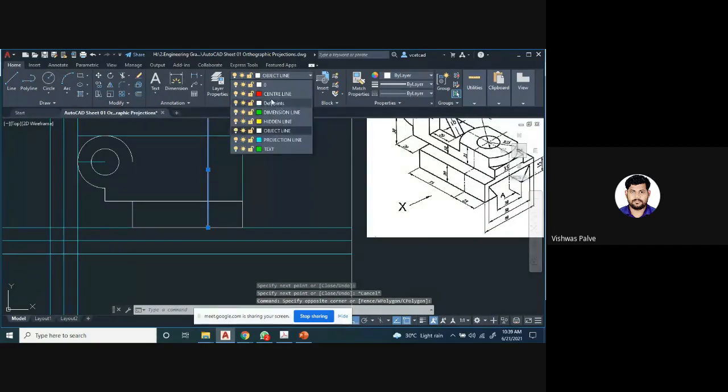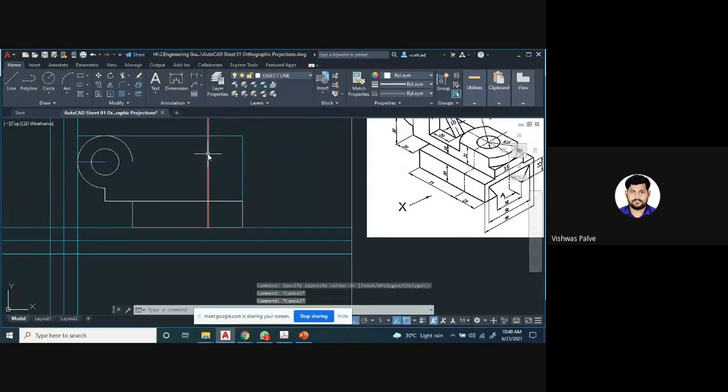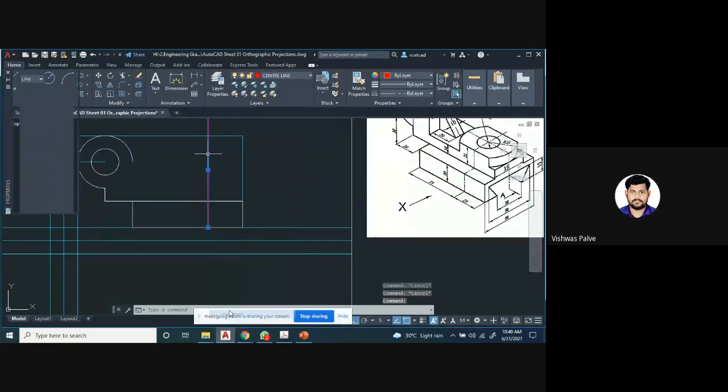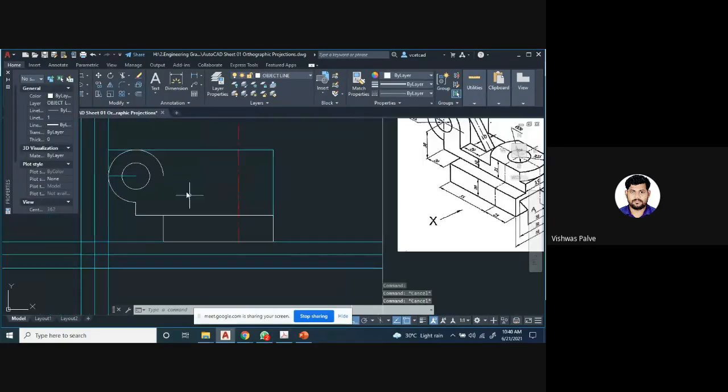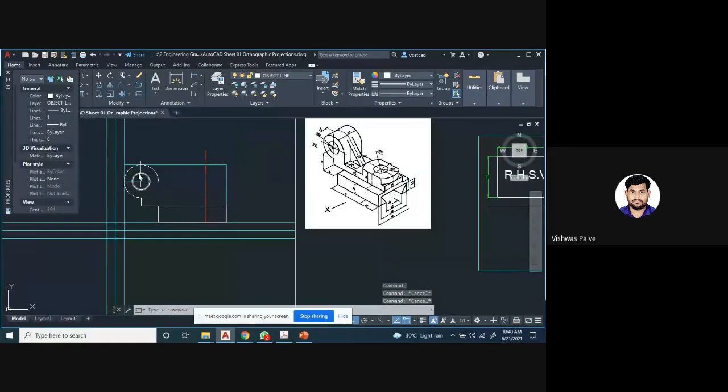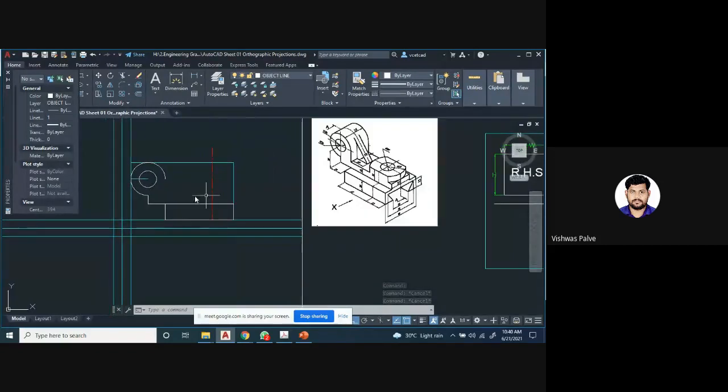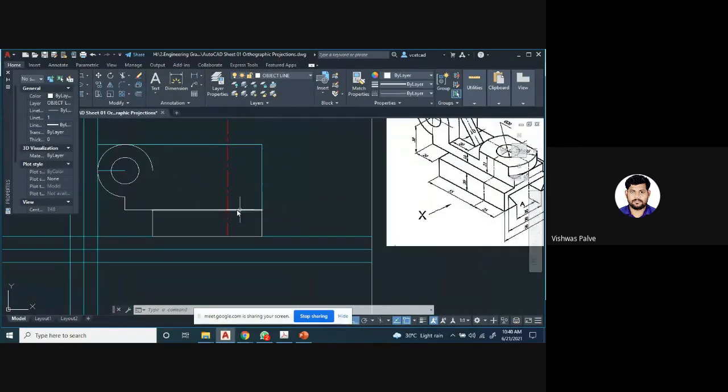So you can convert this to a center line. Okay, now it is not visible as a center line. Change the property of that line. Make the line type scale as 10. Okay, now it is visible as a center line. Even here, if I want to draw a center line, you can make that change. Okay, coming back to our problem.